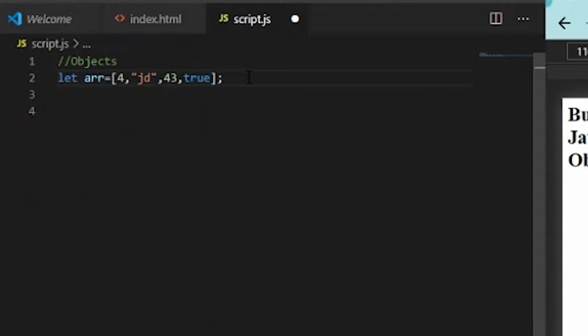Objects are similar to arrays. The difference is that if you look at the data inside an object, these values are not pointing to anything. We don't know what this integer value, the string, and this boolean value are pointing to. So we are going to create objects, which are collections of properties. Objects are useful for storing data in a structured way and can represent real-world objects. Let's look at one example.